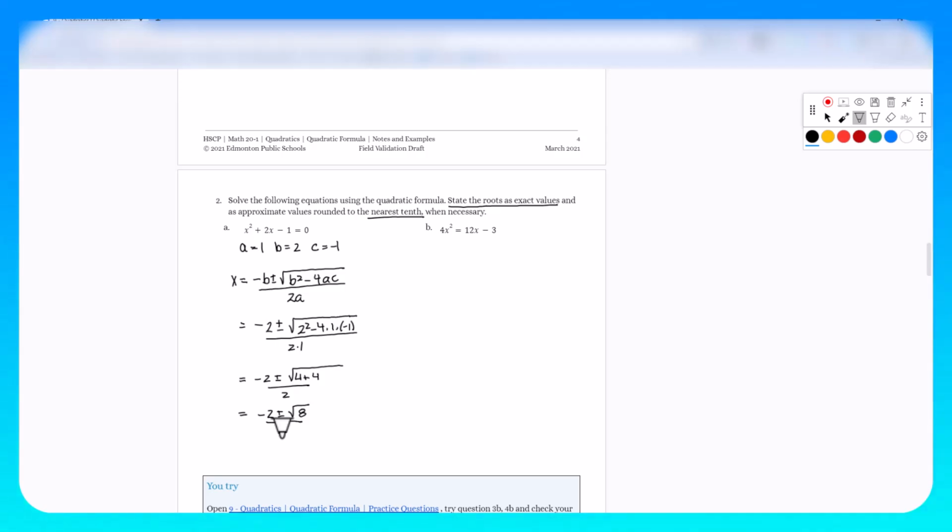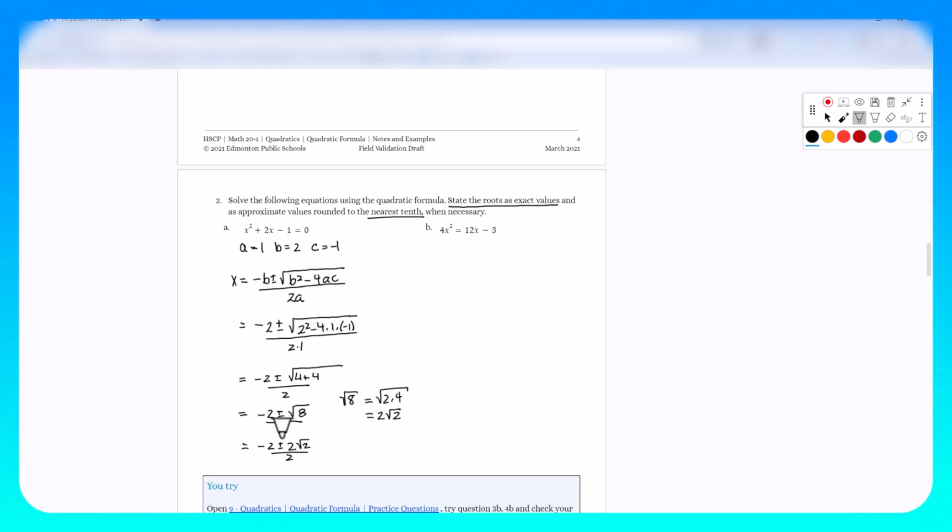over 2. Now with this square root of 8, well, that's the same as saying the square root of 2 times 4, which equals 2 root 2. So notice I square rooted each factor, the 2 and the 4, and I got 2 root 2. So that leaves us with plus or minus 2 root 2 over 2,